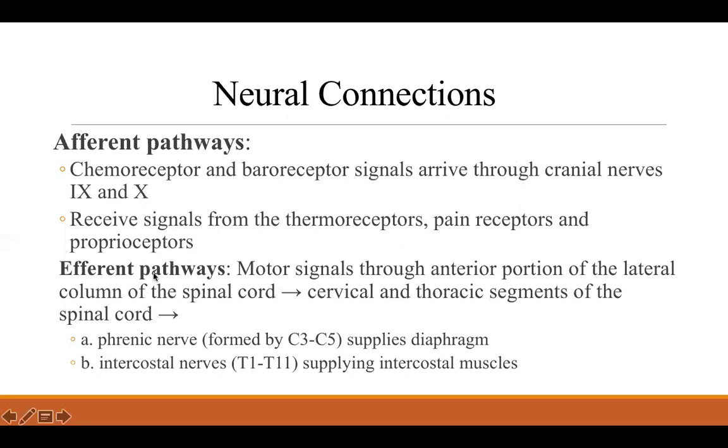The efferent pathway is the motor pathway that originates at the brainstem and reaches the muscles of respiration via the spinal cord. All right, motor signals go through the anterior portion of the lateral column of the spinal cord. Cervical and thoracic segments of the spinal cord are more involved. We talked about the phrenic nerve made of C3 to C5, supplying the diaphragm, and the external intercostal muscles, T1 through T11, supplying